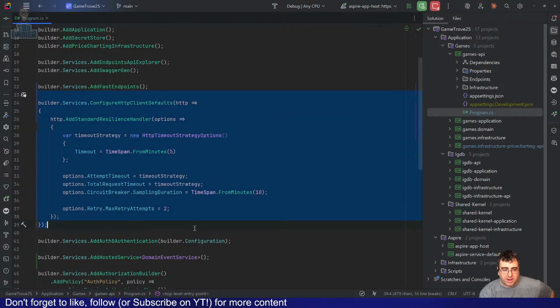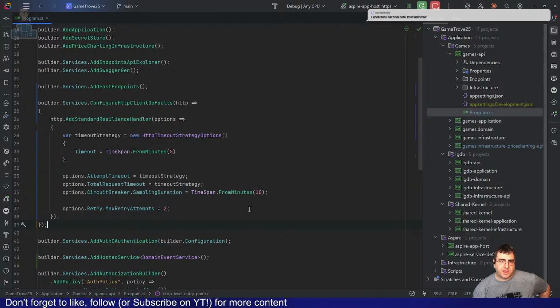Now, I'm going to have to learn more to fine-tune this, because I don't want all my requests to be able to take 10 minutes or 5 minutes or whatever, right? So you have to do the circuit breaker. You have to add the total request timeout. This is not an obvious API either. But this fixes the problem. So yeah, as of .NET 8, Polly got included in the framework.